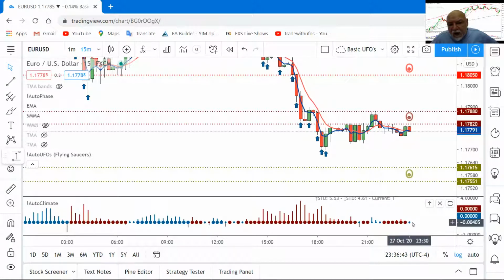If this next period turns into a heavy, large blue dot like it did over here, then that's more of an indication that price is going to go up and go maybe into this zone where we would then watch for it to drop. And here the auto climate is giving us statistical information about how many periods. So right now it's saying that there are approximately 6 periods where price could move up.